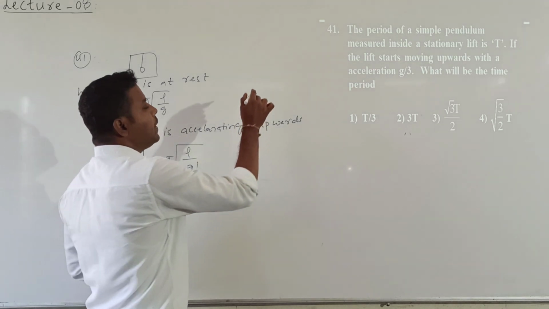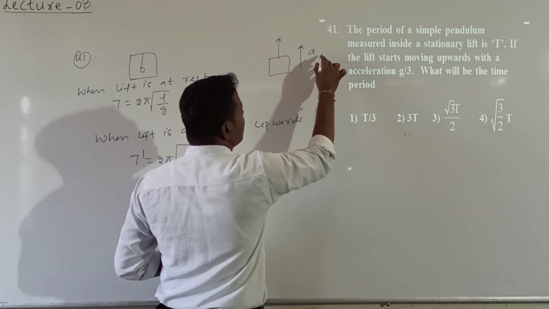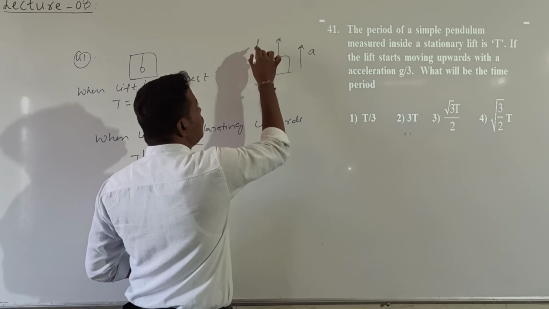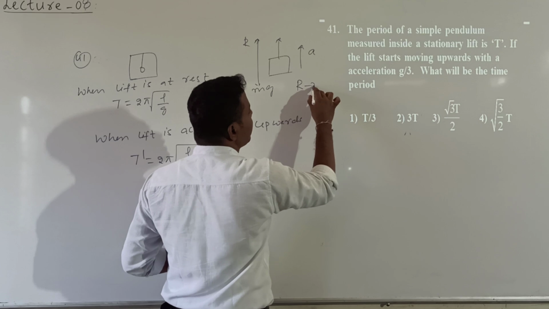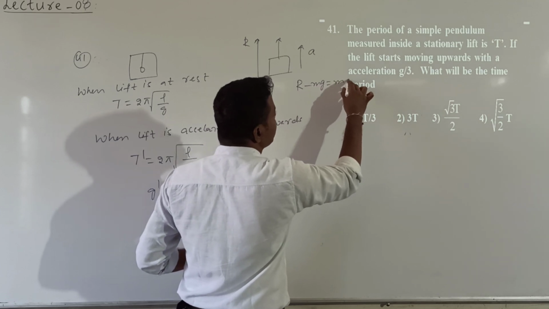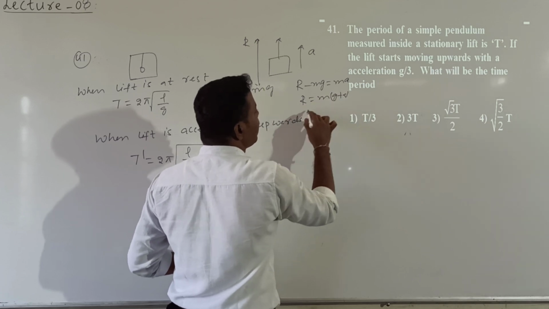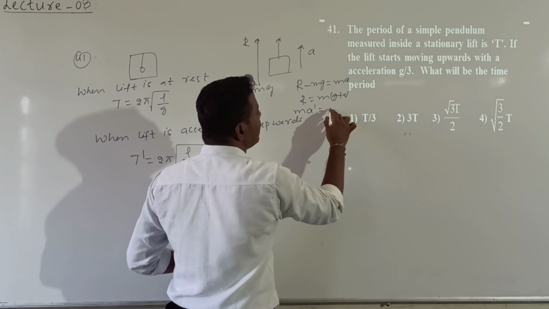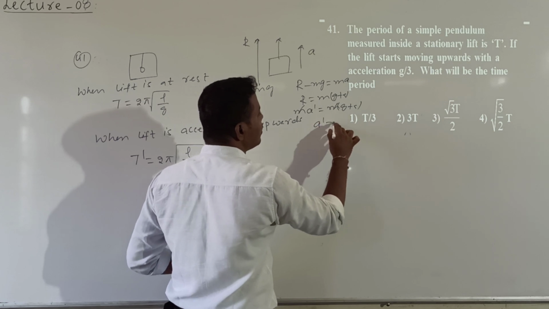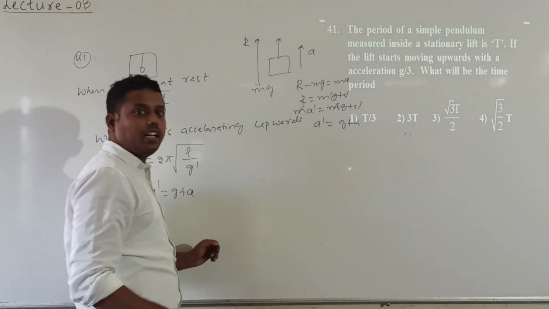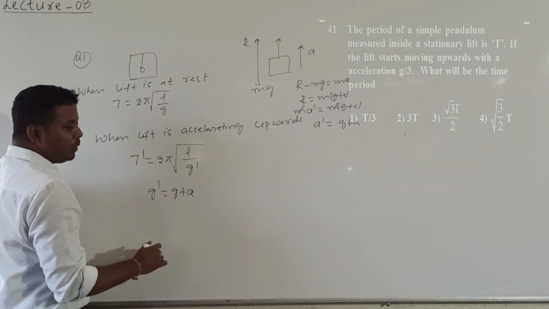Why? It means the apparent weight of a person in a lift. Whenever the lift is going up with acceleration upward, the upward direction force is the normal reaction and the downward direction force is mg. Then R is greater than mg. R minus mg is equal to ma, then R is equal to m into g plus a. So R can be written as m into a dash, which is equal to m into g plus a. What is the resultant acceleration? A dash value is g plus a. Whenever the lift is accelerating up, the resultant acceleration is g plus a.